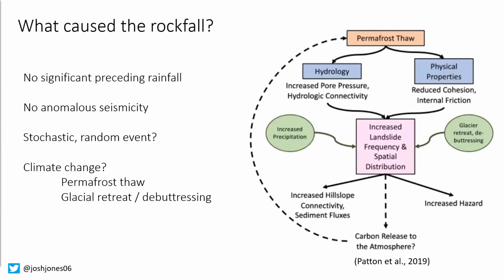Now this figure, this schematic, shows how climate change can influence landslides, and the key process here is permafrost thaw at the top. Now, for those who maybe don't know, permafrost is just ground that is permanently frozen. Now permafrost is actually very stable, and it's been shown to be able to hold rock slopes together. So rock slopes with permafrost are quite unlikely to fail.